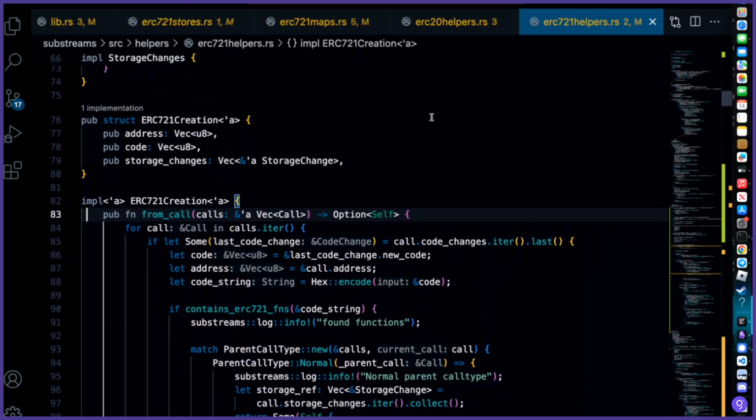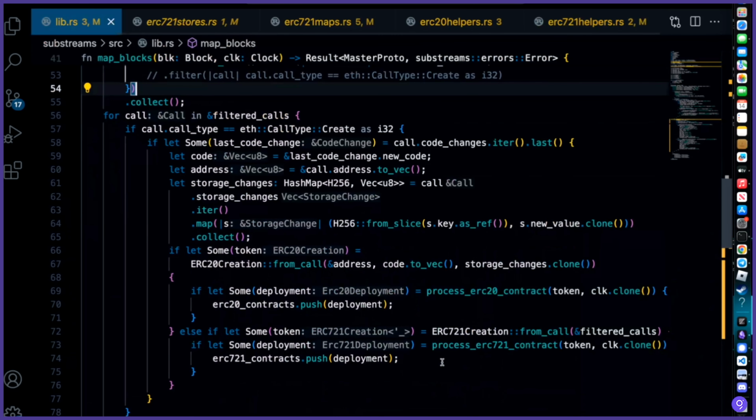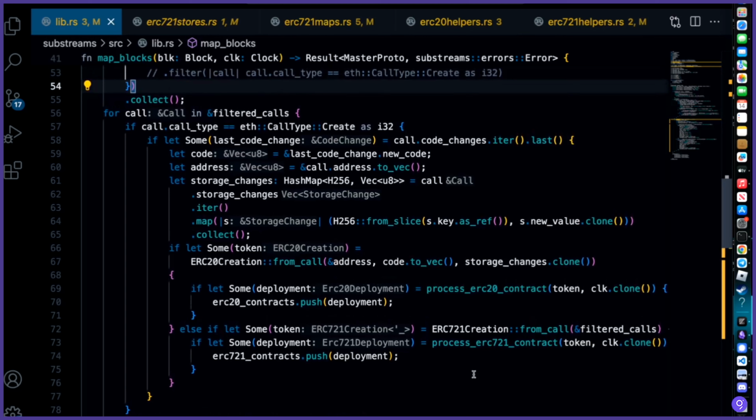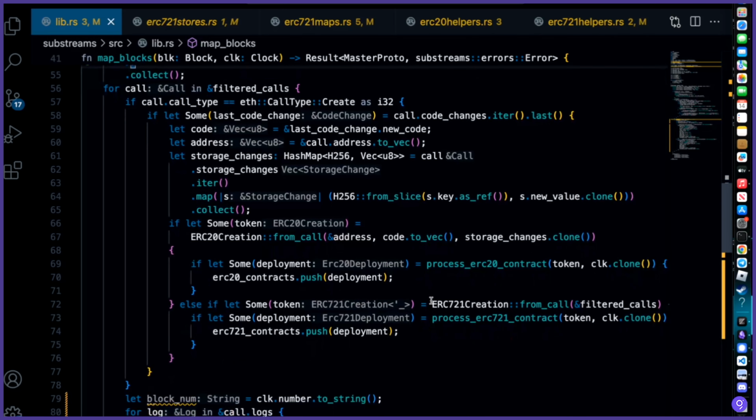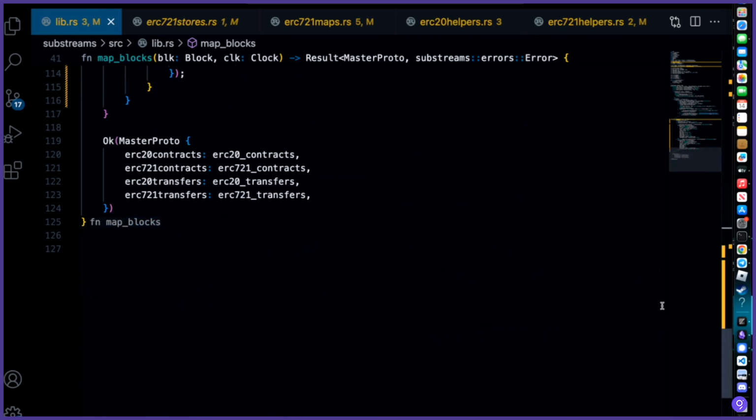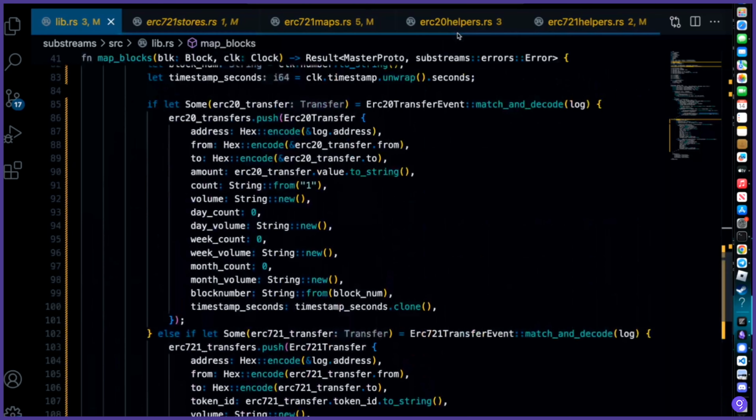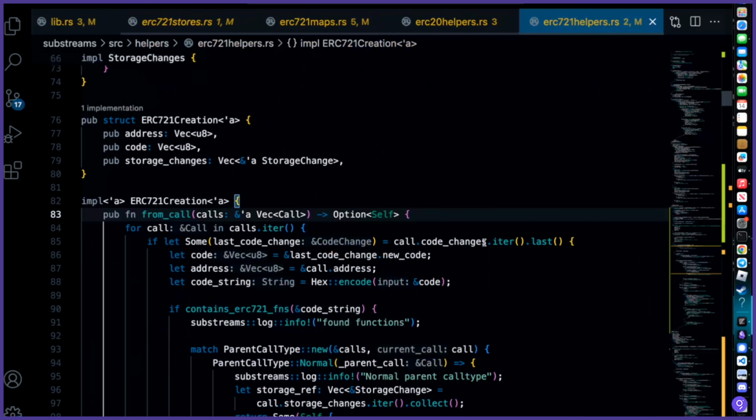So in here, as you can see, before we build our struct, we have to pass in... for the ERC721 creation, it's a little different than ERC20, in that we have to pass in all of the calls. We do that because we need to analyze the call tree in order to recognize proxy contracts. So what we do is, same as before, we recognize